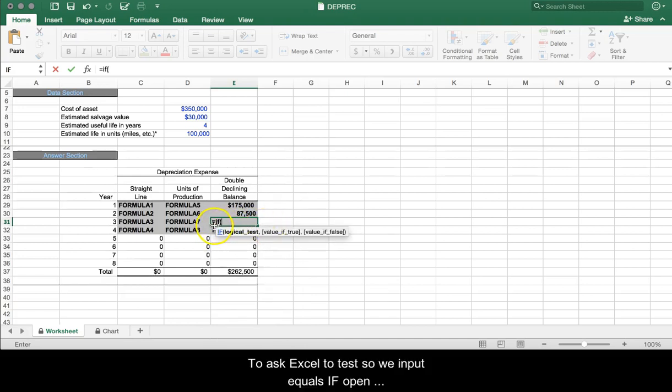So we input equals IF, open parentheses, and the first part of this statement asks for a logical test. So we want to test our period, which is in B31, period year 3, whether it's equal to our estimated useful life. So if this is true, I want Excel to return the last year double declining depreciation expense for